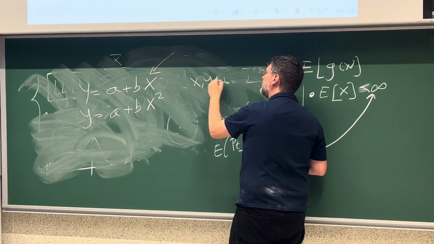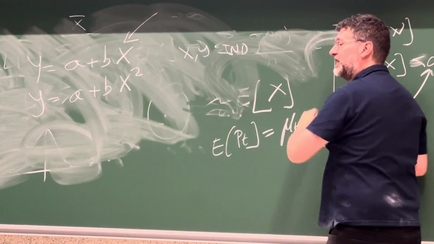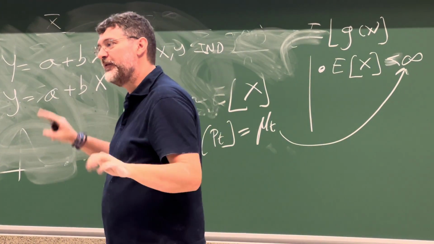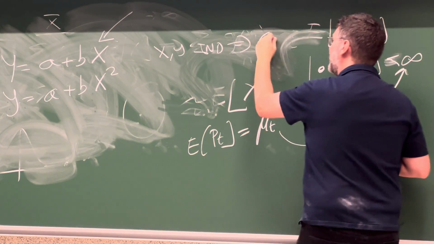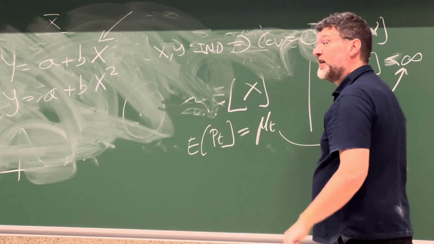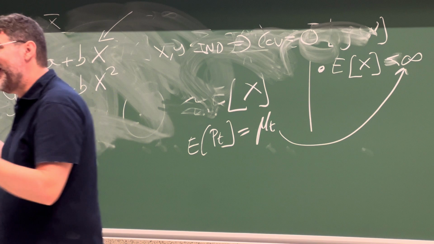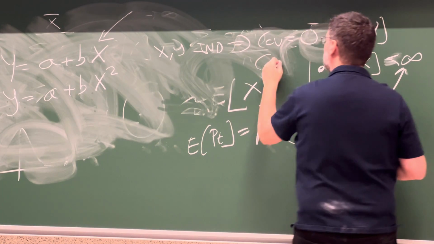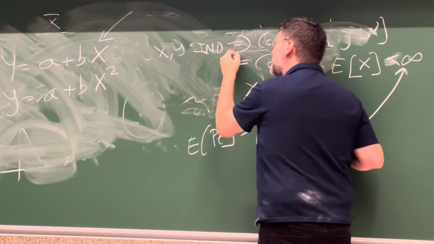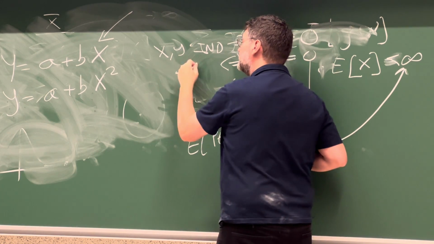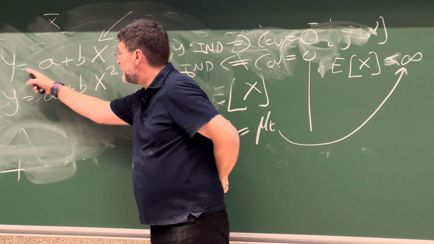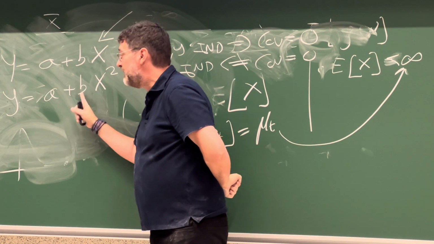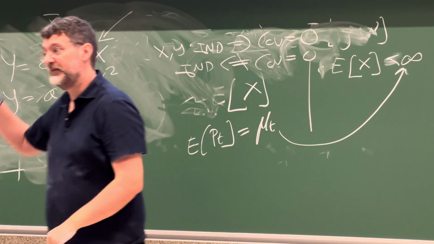If x and y are independent, meaning they are not related whatsoever, then the covariance between x and y, and hence the correlation, is zero. If they are not related in any way, the covariance, which is capturing a specific form of dependence, will tell you they are not related. But the fact that the covariance is zero does not necessarily imply independence. They are not related in this way, but they may be related in this way, or in another way.